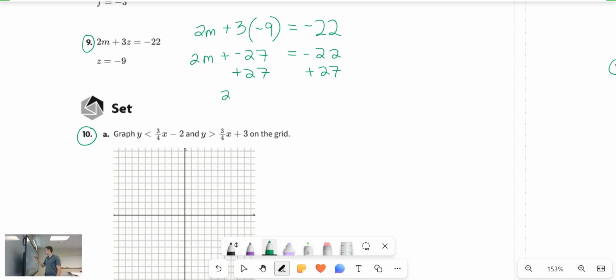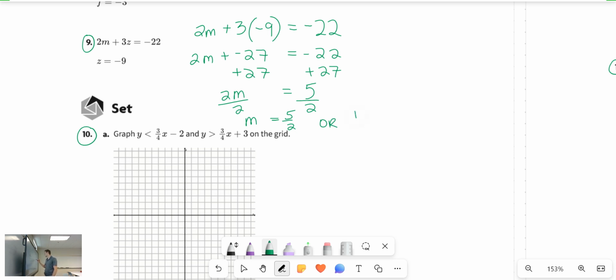All we're left with is the m on the left side, right? 2m on the left side is equal to negative 22 plus 27, which is just positive 5. And now we divide both sides by 2. We have m equals 5/2,